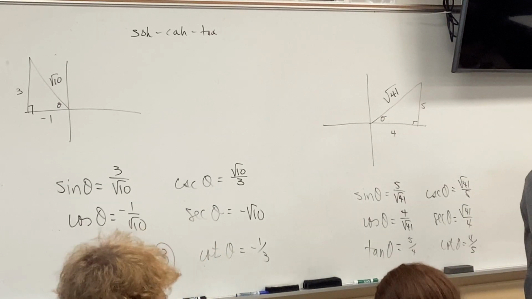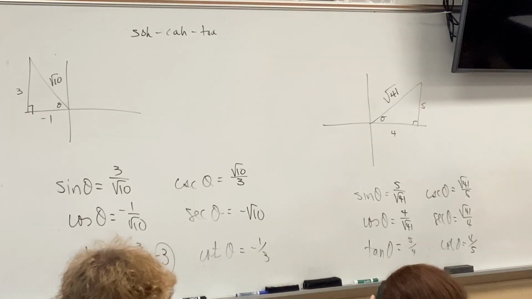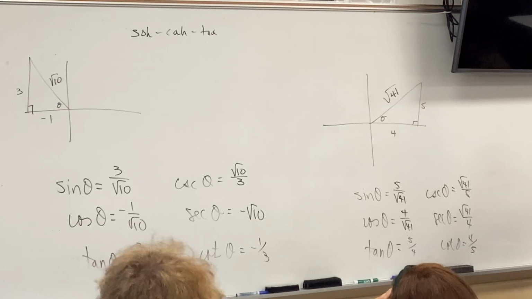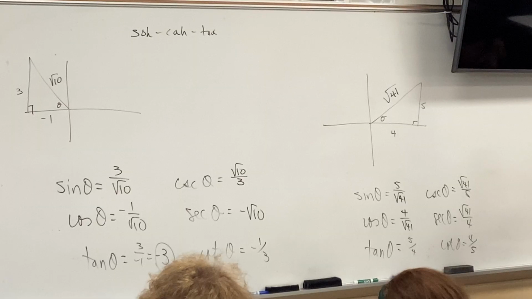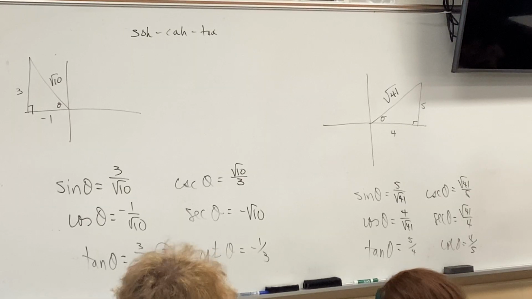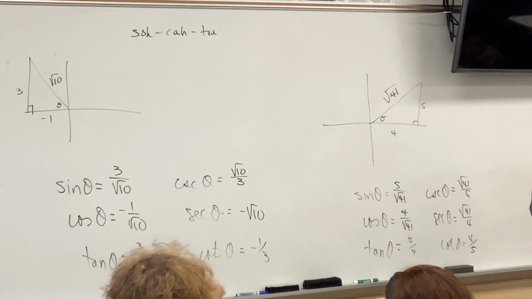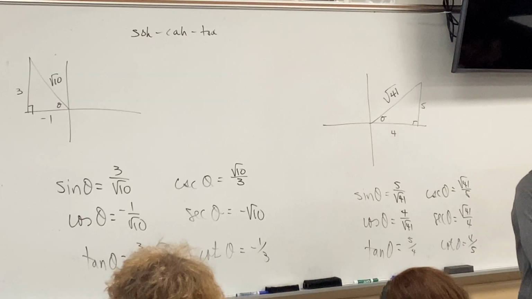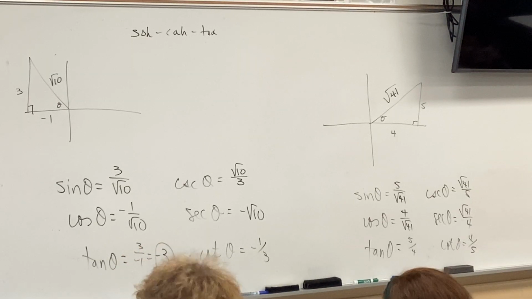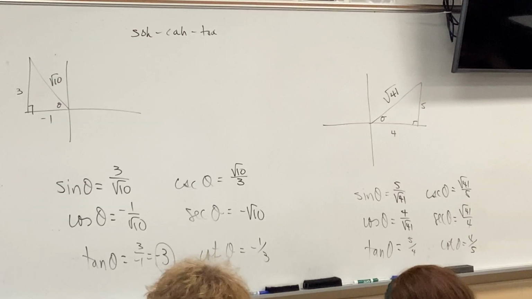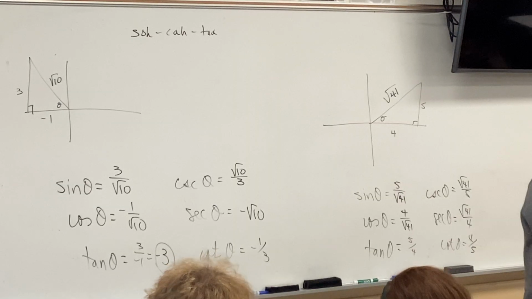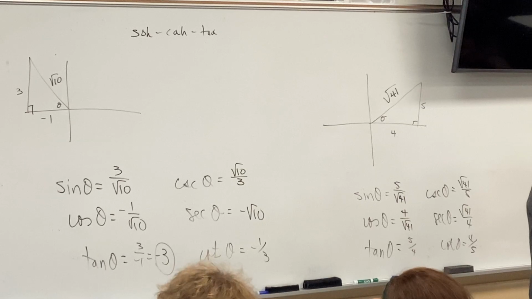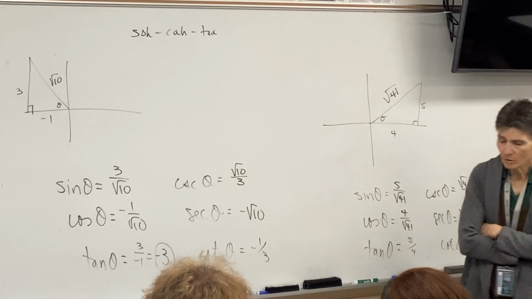Answers are up here when you're ready. Check yours. Notice that in the last problem, there are no negatives. Why are there no negatives in the last problem? Because we're in quadrant 1. And if you are in quadrant 1, everything is positive. It's only when you get in those other quadrants